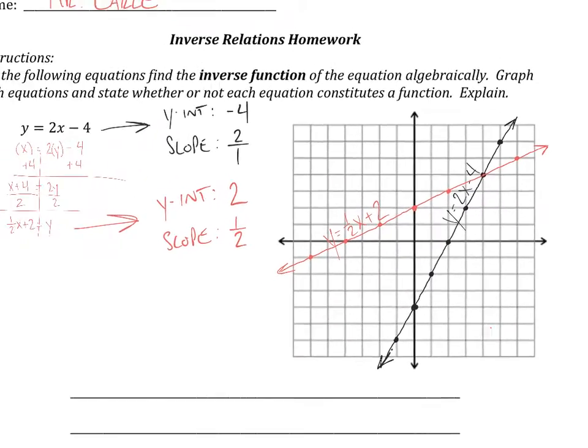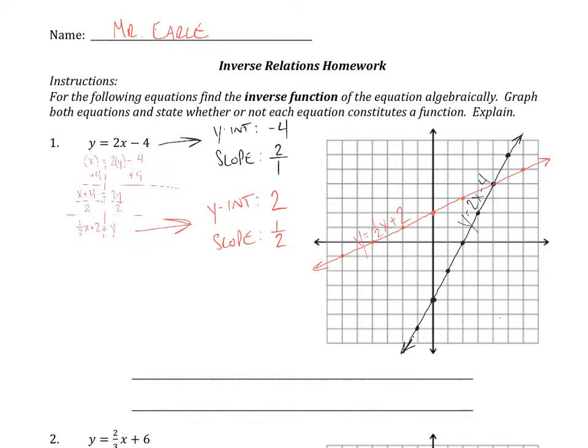Alright, so the last thing that we have to do after we've graphed both is explain whether or not each equation constitutes a function. And remember, there are two ways to determine that. We can use our mapping skills to do that, or we can use the vertical line test. So in this case, I'm going to use the vertical line test. Let's talk about our first function,